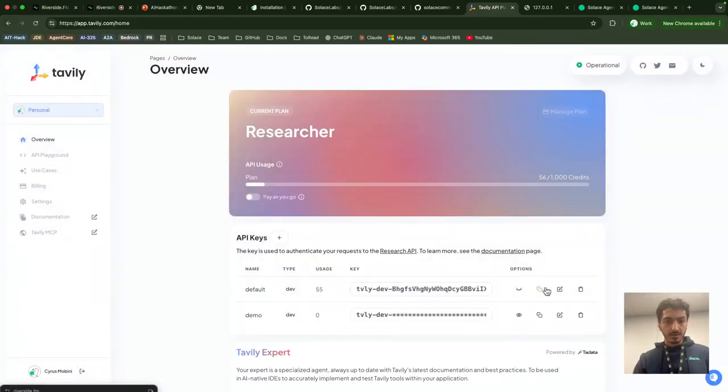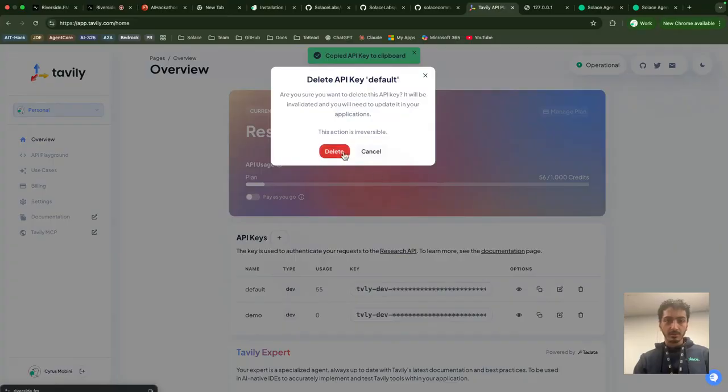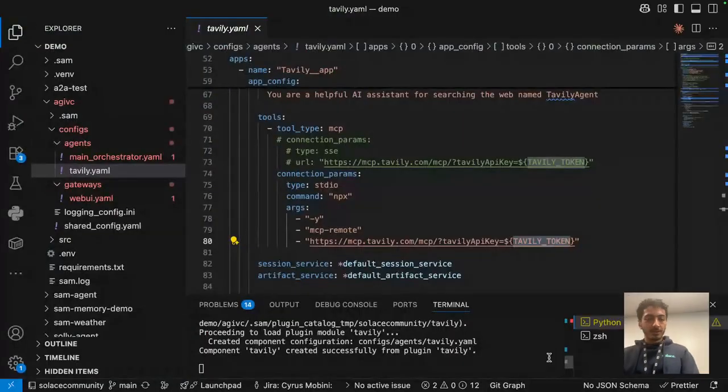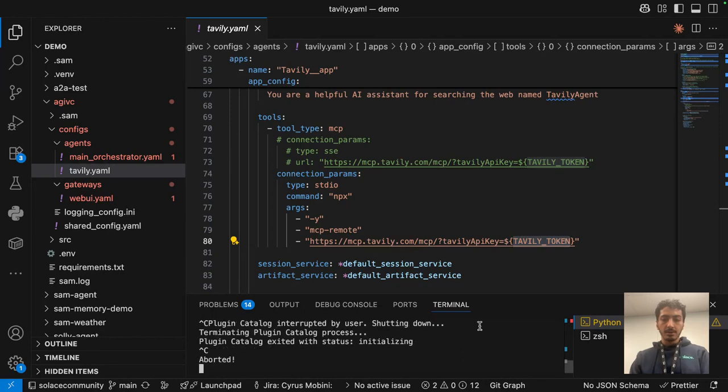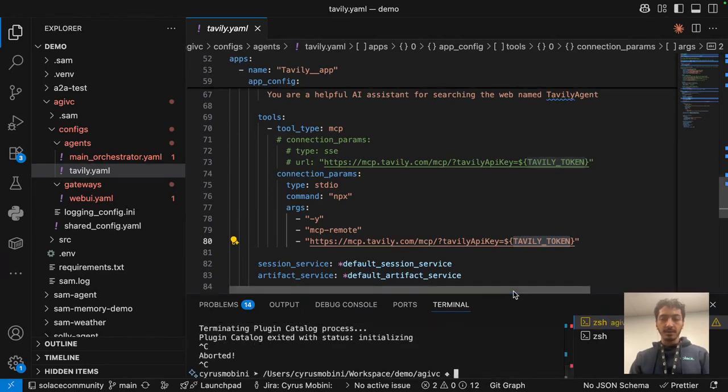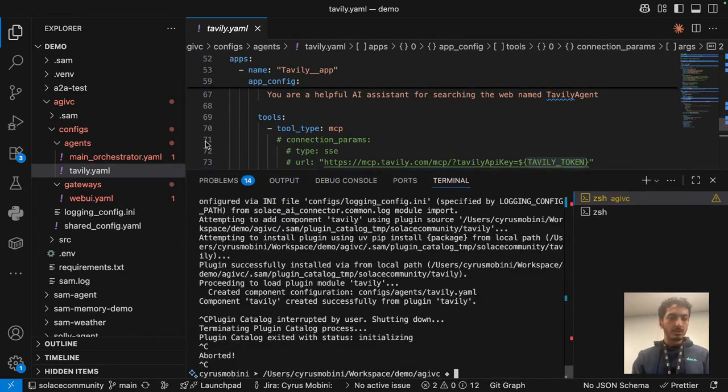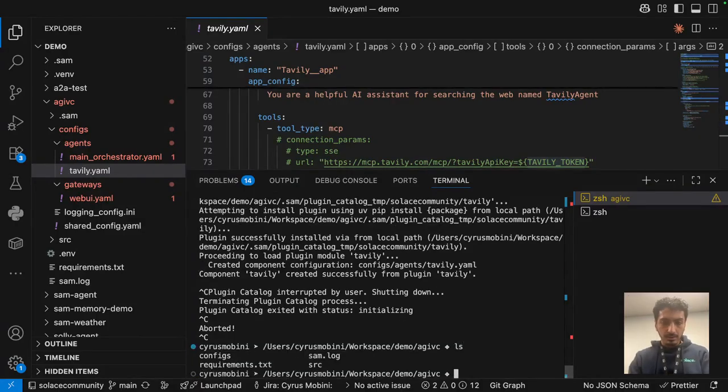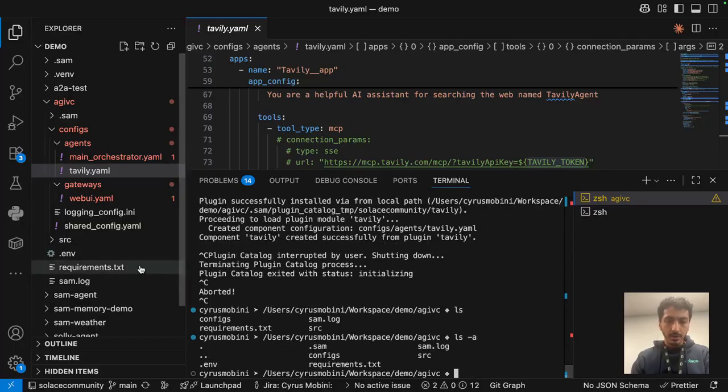Let's copy that one. Okay, delete this one. I'm deleting all of the tokens just to be sure. So, yep, we can Ctrl+C that one. Just to not expose my LLM API key, I'm going to add it to the environment. So my env file is here.